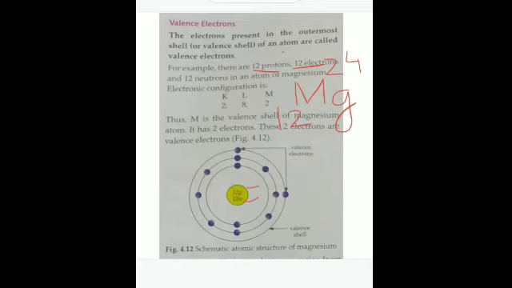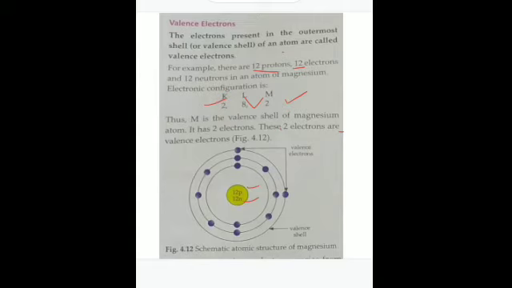Now the shells that are given are the energy levels. So what will the electronic configuration be? In the first shell it will be 2. Is it clear? How many are left? 10 are still left. In the second shell it will be 8. 2 plus 8 is 10. And how many are still left? 2. They will come in the third shell, that is the M shell. So 2, 8, 2 is the electronic configuration of magnesium.